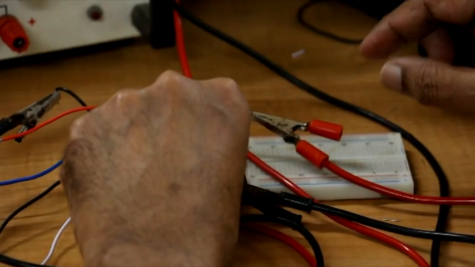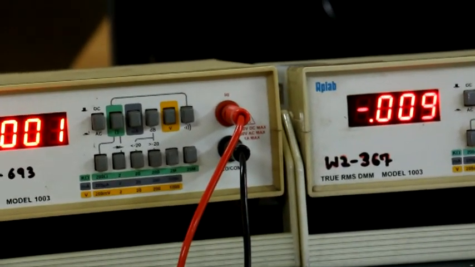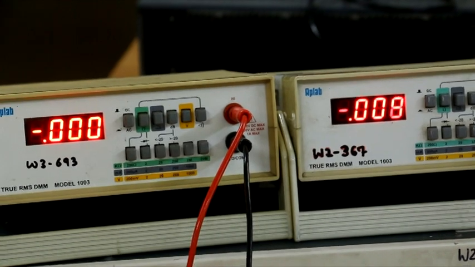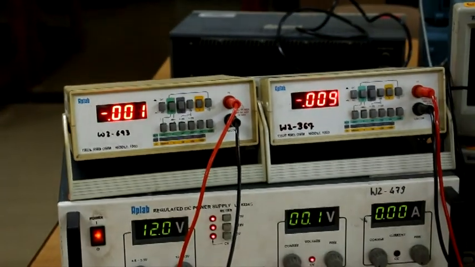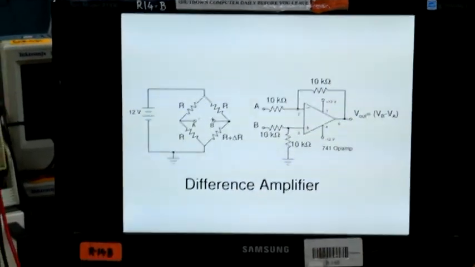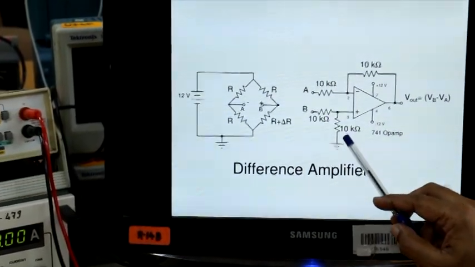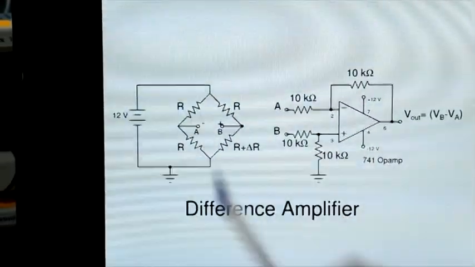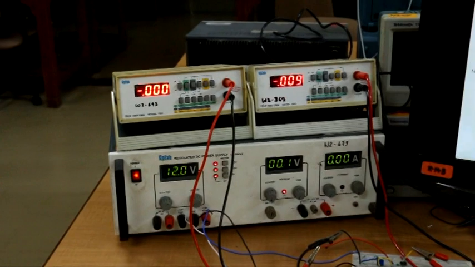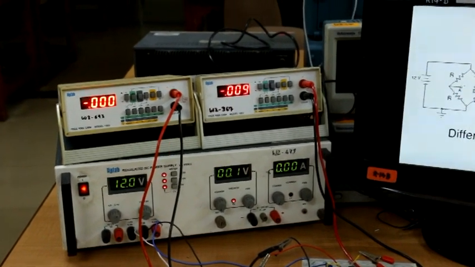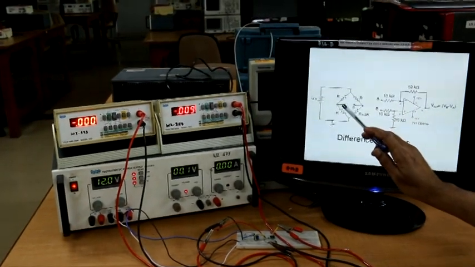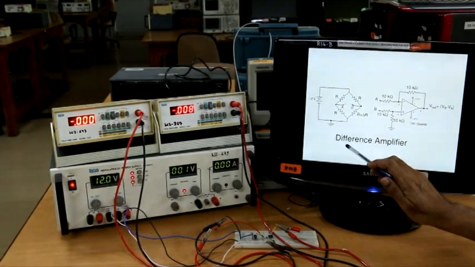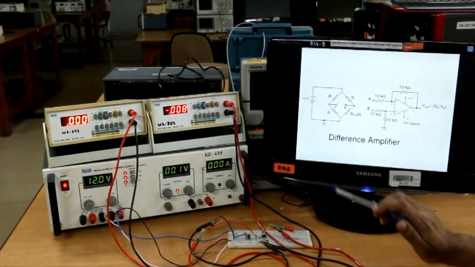What you can see is the differential input voltage is almost 0, and the output is 0.009. This is because we have just taken 4 resistors and have not ensured that they are all exactly the same values. But even with that, you can see the output is almost 0. In the third decimal place only there is a difference. Now I want to explain to you how a difference amplifier is different from the other two.